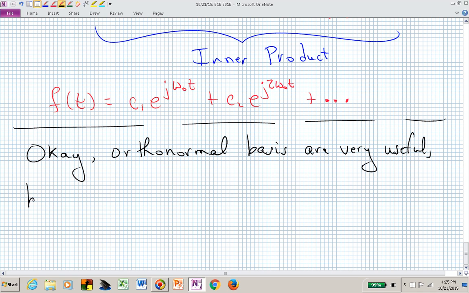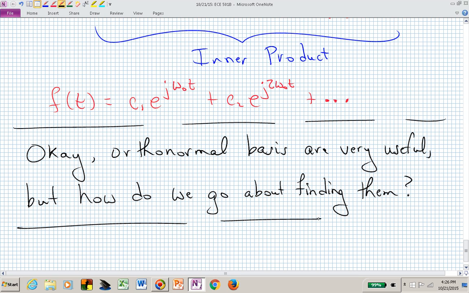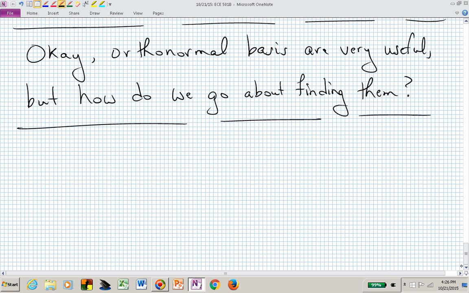are very useful. But now you're saying, okay, how do we build this orthonormal basis? If somebody just gives me a vector space, or maybe they give me a basis, how do I create an orthonormal basis from just a basis of this vector space? But how do we go about finding these orthonormal bases? Obviously, I wouldn't ask that question if I didn't have an answer. And what we're going to be using now is the Gram-Schmidt orthogonalization,